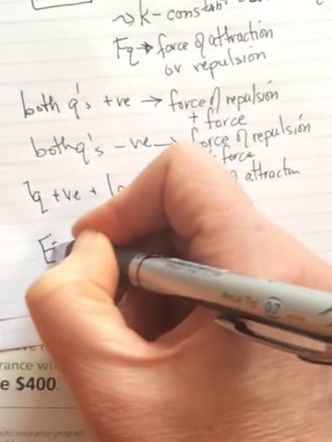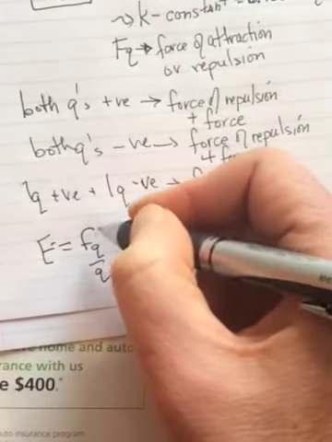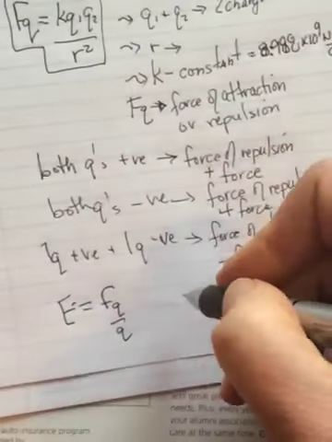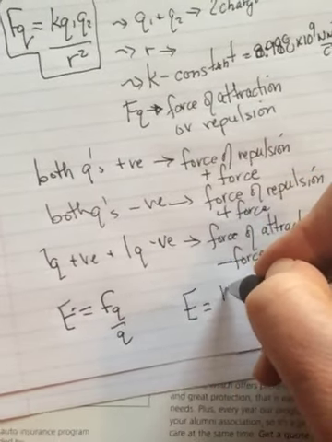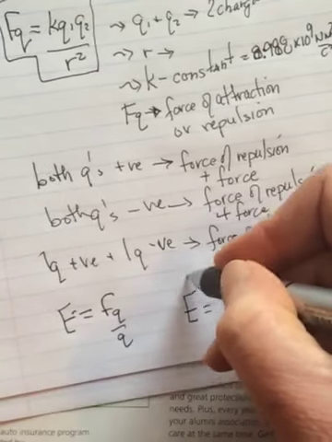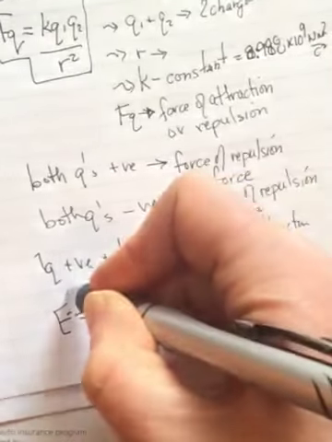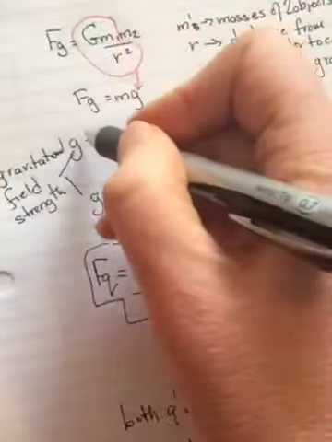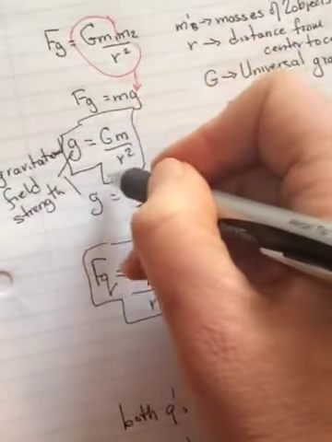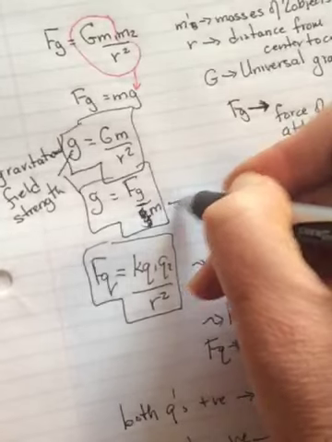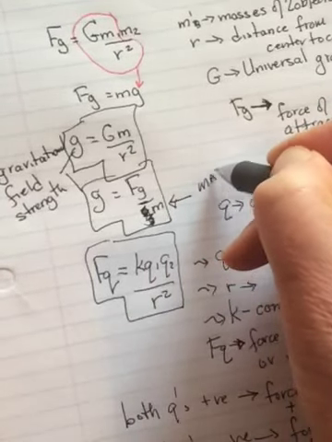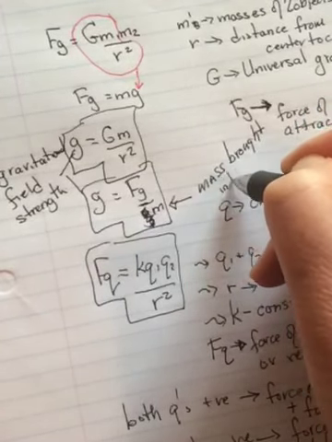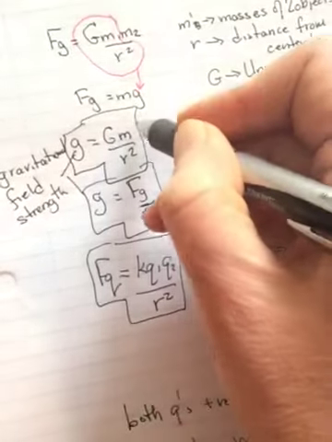The letter for electric field is a capital E. If you divide KQQ over R squared by Q, then a second equation for electric field would be KQ over R squared. So these are our two equations for electric fields. They parallel exactly our two equations for gravitational fields. This M is the mass brought into the field. The one on the bottom. Whereas this M is the mass